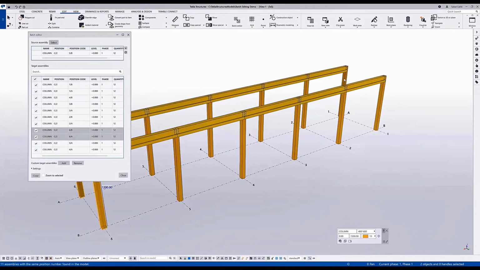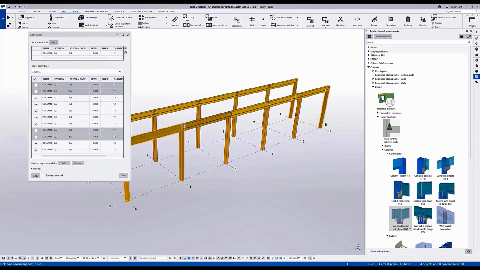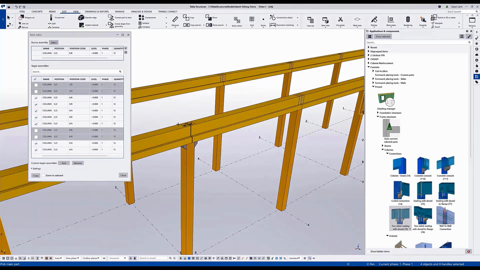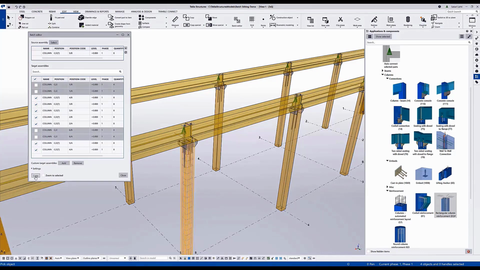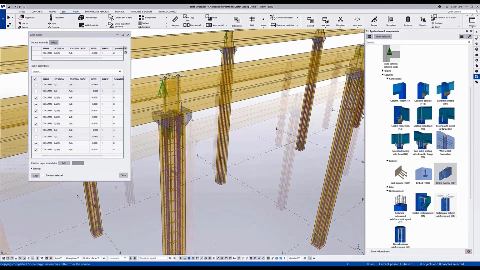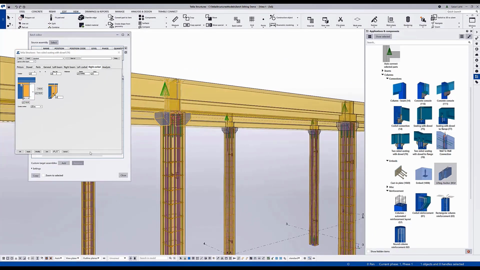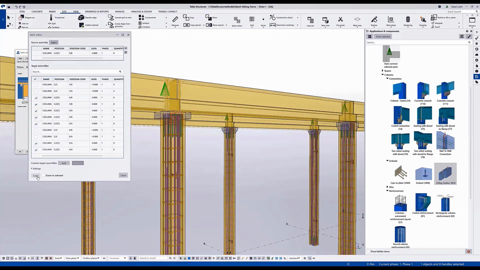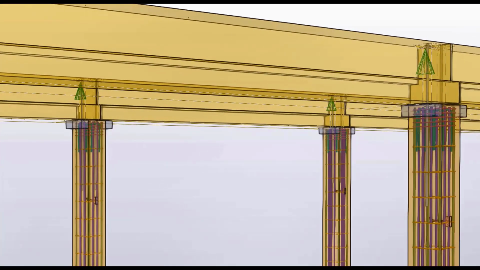You will get a listing of number of columns, but then using the model and the list, you can exclude certain columns that you know that you don't want to get the same edits. Then you add, for example, this connection, and then you copy that edit to all other selected columns. Again, adding reinforcement component and copying that to all other columns. Even if I change the settings of one component inside, modify and then copy the edits, all the columns again will get that same edits. The same applies for many other things.